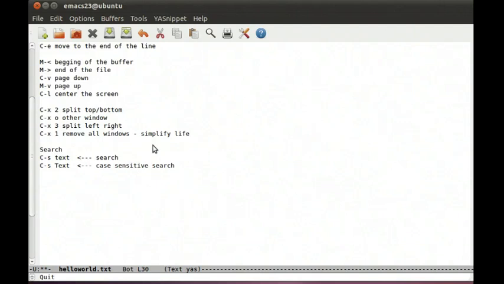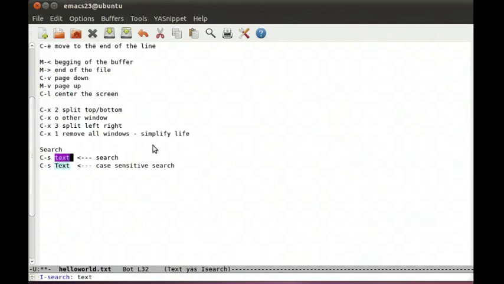Now let's try that case-sensitive search. So if I type Control S, press the letter T, we've now found that first capital T, EXT, we've only got one. So here I'm going to just go ahead and press enter, and we've now got the cursor at the end of the match. So let's try a search for text,